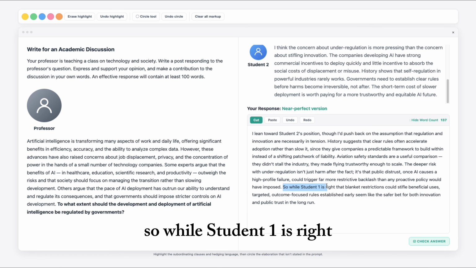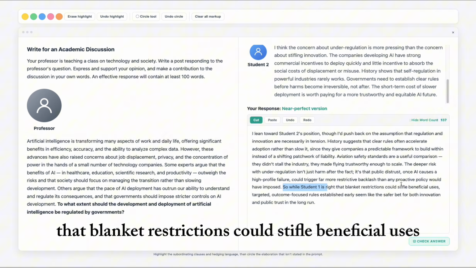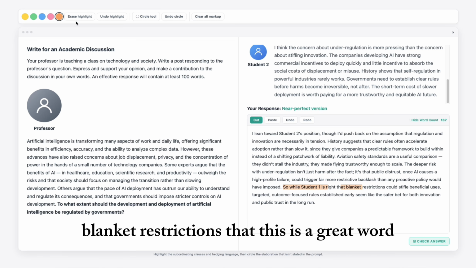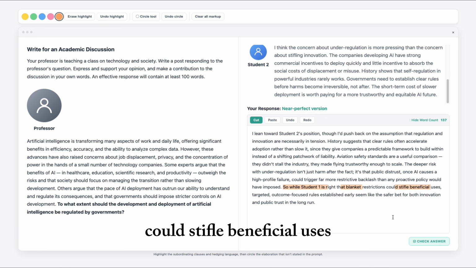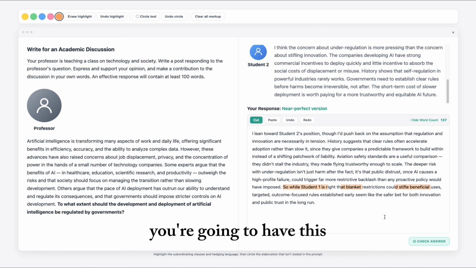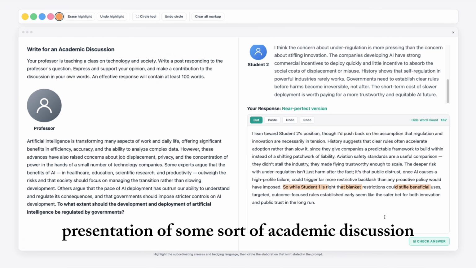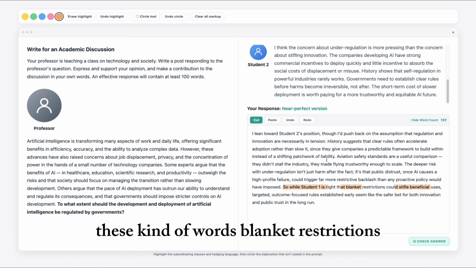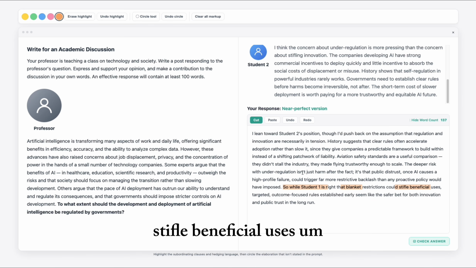So while student 1 is right that blanket restrictions could stifle beneficial uses, remember these words, okay? So like blanket restrictions, this is a great word, could stifle beneficial uses. This is fantastic vocabulary and it's things that can be used over and over again. You're going to have this presentation of some sort of academic discussion. And I would say these kind of words, blanket restrictions, stifle beneficial uses,